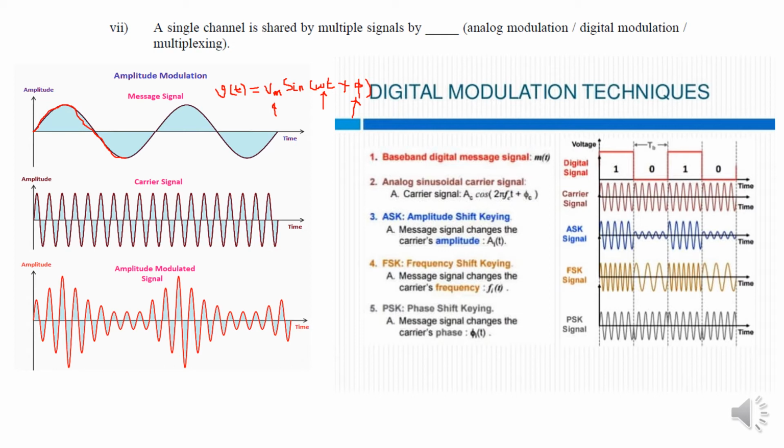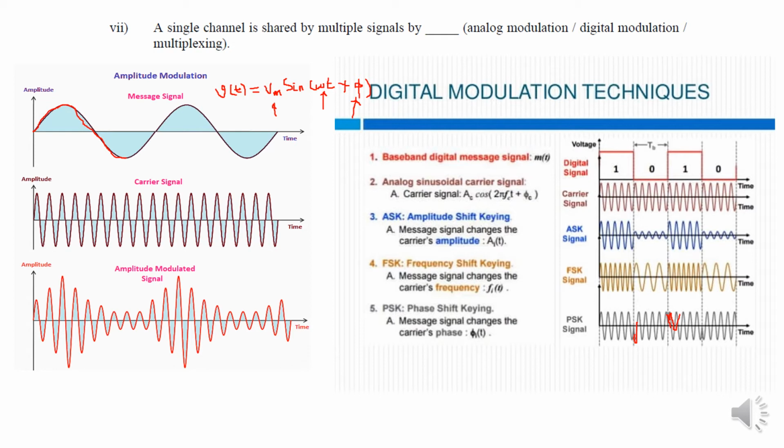Then phase shift keying. We can see the signal is going normally for 1, then from this point, instead of directly going up, it has changed its direction. Here it has changed its direction, a 180-degree phase shift. So this becomes from 1 to 0. Again here you see it has not directly come down. Instead from this point it is again going up and then down. So there is again a 180-degree phase shift. So from 1 to 0, 180-degree phase shift, 0 to 1, 180-degree phase shift. So using the phase we can modulate the carrier signal. This is digital modulation.